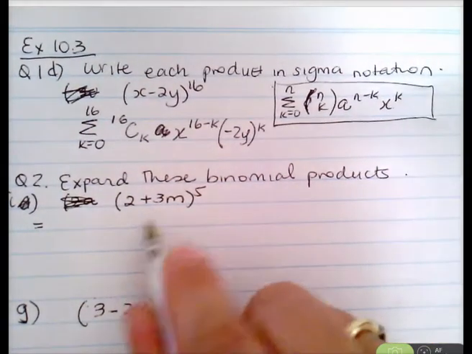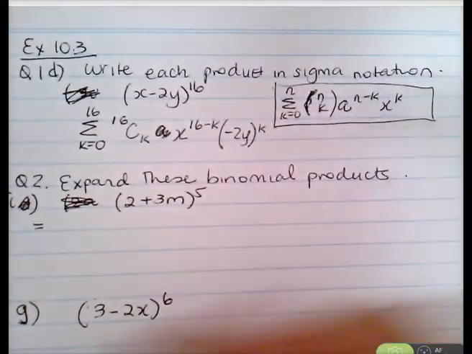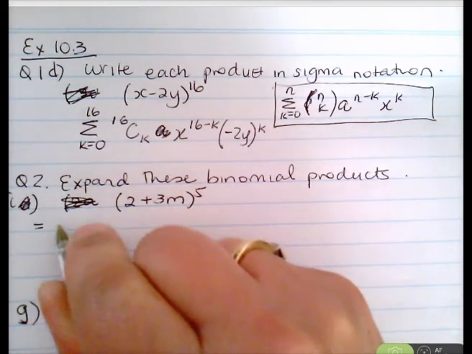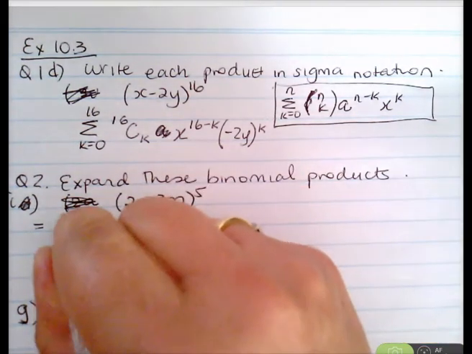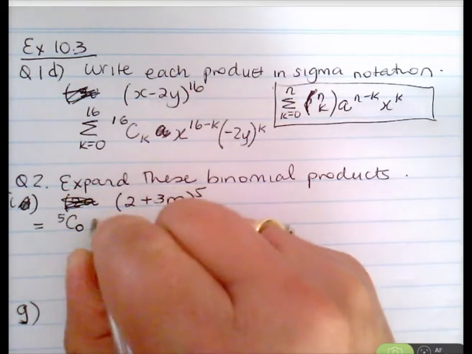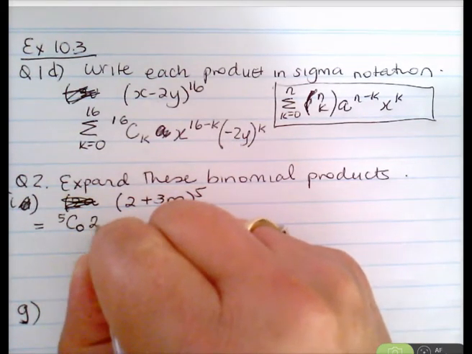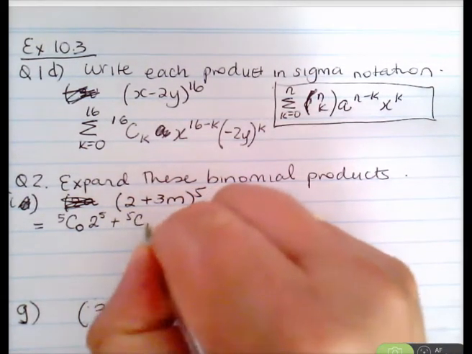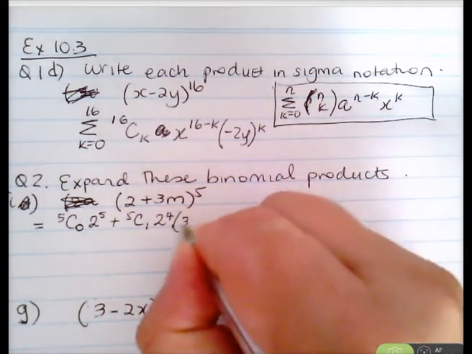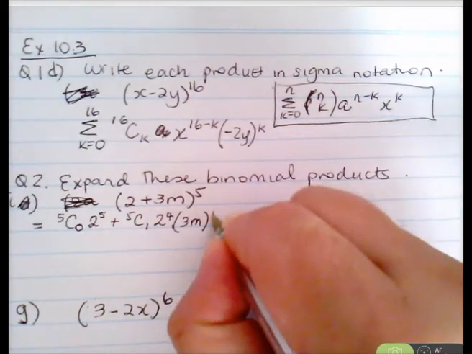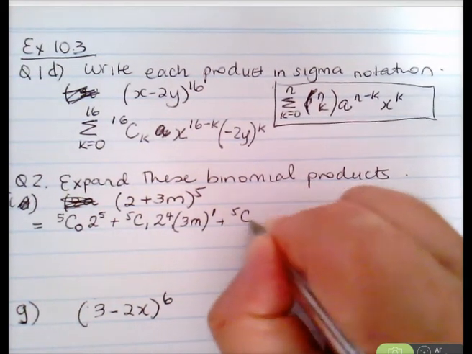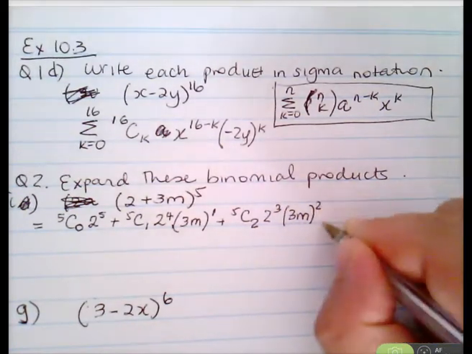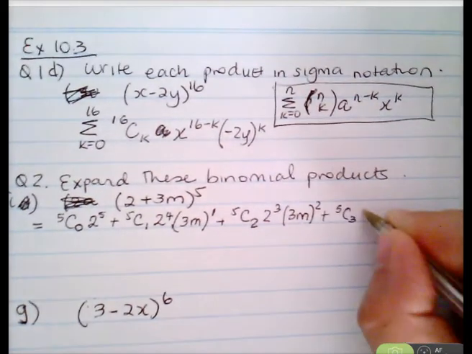Okay, remember, I can write out the choose notation, for example. So we've got our coefficients. We know our coefficients are going to be 1, 5, and then we have to work out what the others are. So we've got 5 choose 0, and then we've got our first term, highest power, 2 to the power of 5, plus 5 choose 1, 2 to the power of 4 times 3m to the power of 1, plus 5 choose 2, 2 to the power of 3 times 3m squared, plus